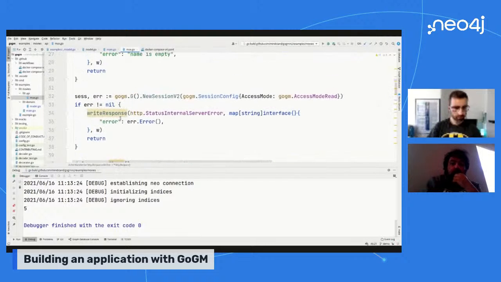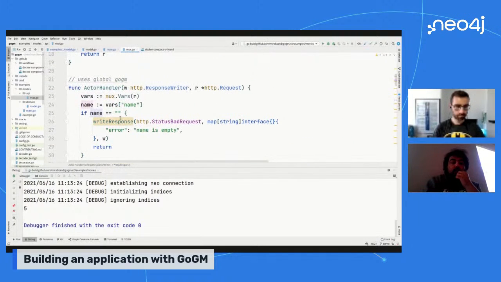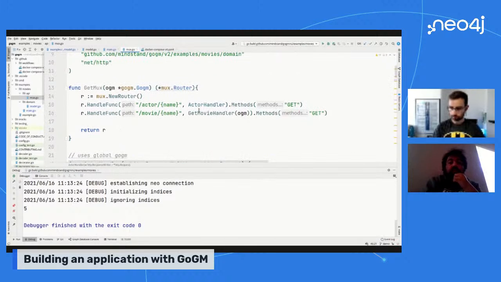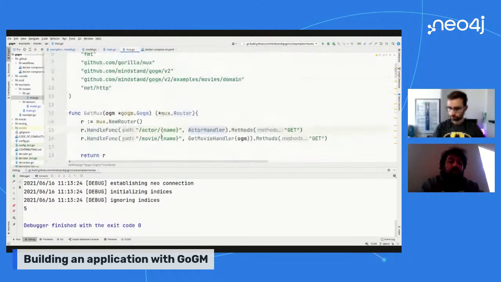And that's how you make an endpoint with global Gogem. And then just to remind you, you register your handlers. Since this isn't returning a function, we just use the name of the function. Since this is returning a function, we call it and pass Gogem in, or pass the OGM instance in.